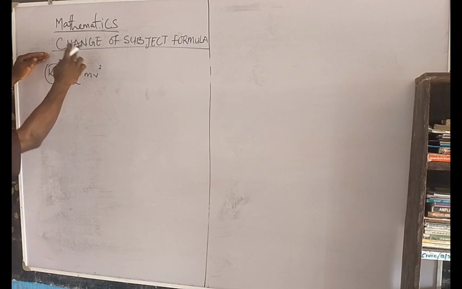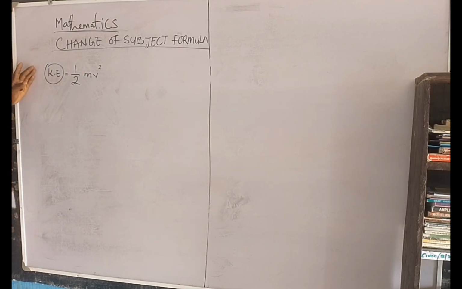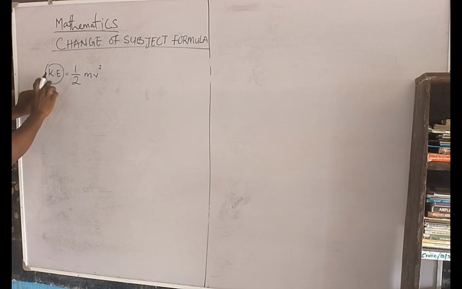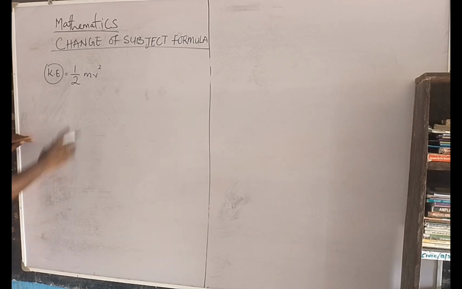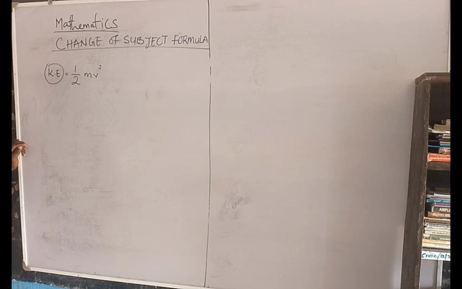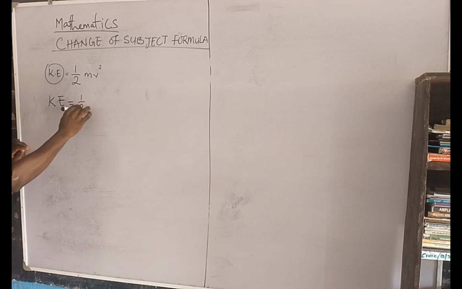Now the last word that we'll look at is the change. As you already know, change is all about replacement. Now we can decide to make any of these other variables the subject. Let's take, for instance, let's make m the subject of the formula. Now we have KE is equal to half mv